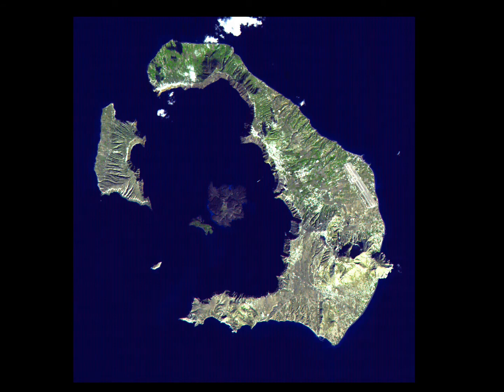Here's a satellite shot, or aerial shot, of it, and you can see that it has the round shape with the crater of the caldera. As you'll see, there are steep cliffs on the interior part of the island, but then it slopes off to the sides because it's basically a volcano's top that is blown out and filled up with water. In the center are a couple of small islands called the Kameni Islands, which means the burning islands. Those are from more recent eruptions. And I'll show you